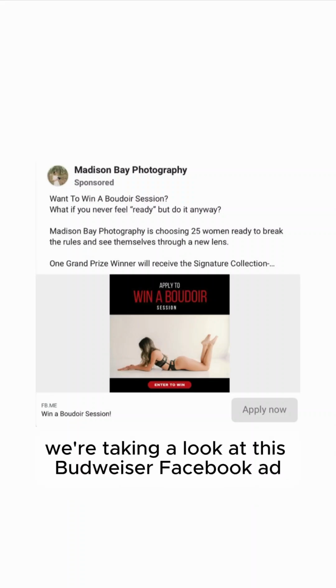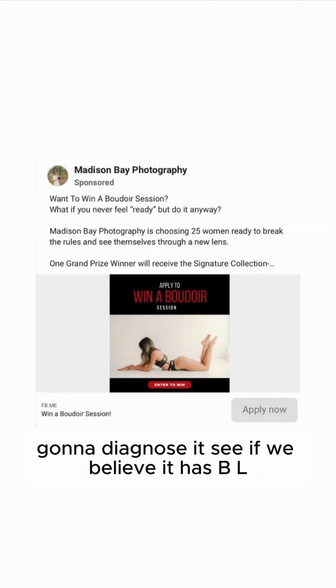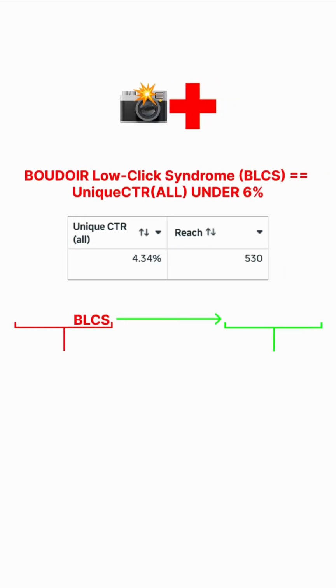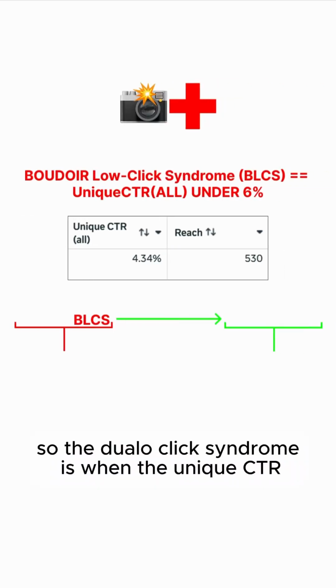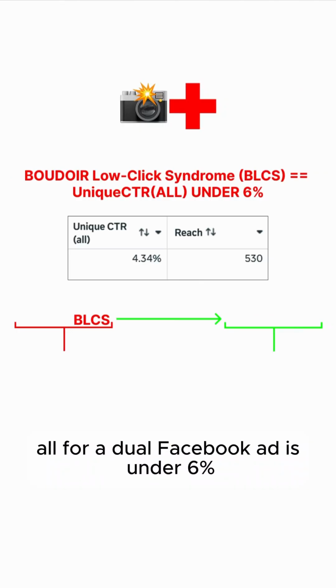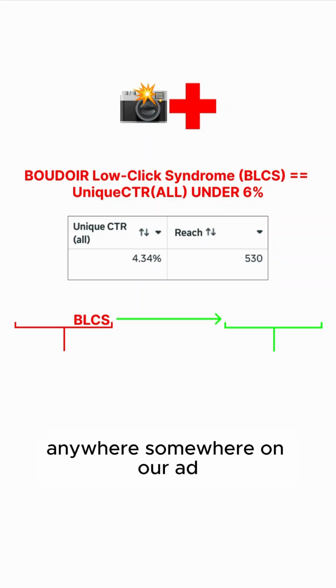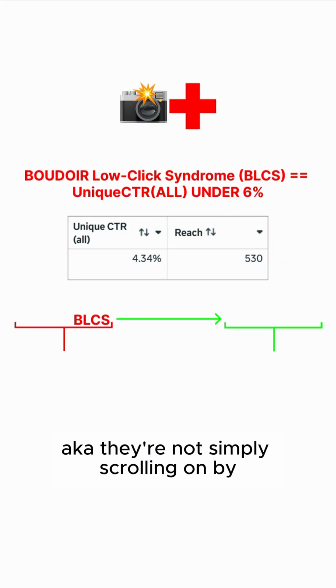All right, y'all, we're taking a look at this Boudoir Facebook ad. Going to diagnose it, see if we believe it has BLCS, aka Boudoir low click syndrome. So Boudoir low click syndrome is when the unique CTR all for a Boudoir Facebook ad is under 6%. That means fewer than 6 out of 100 women are clicking anywhere, somewhere on our ad, aka they're not simply